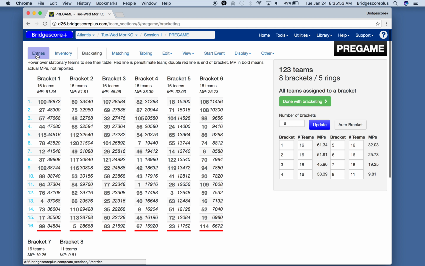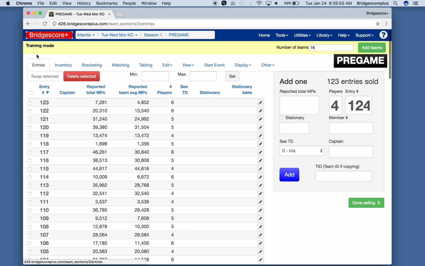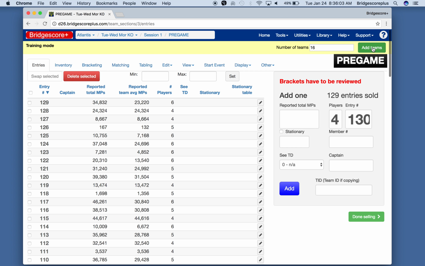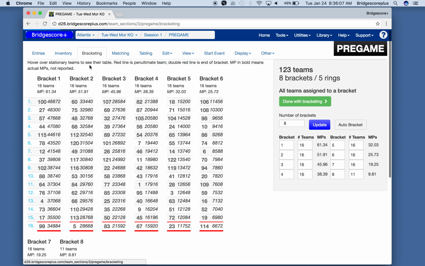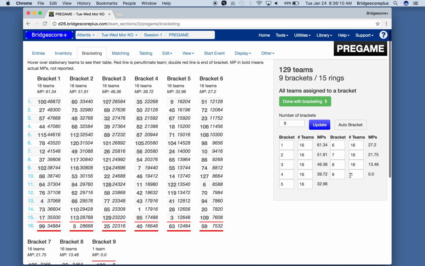So I'll go back to the entries page. I'm in a training mode, so I can quickly add 6 more teams. So I have 129 teams now, which is one more. Go back to this bracketing screen. And you'll see it's put one team in the last bracket. Obviously, that's not going to be acceptable, but it's up to you as the DIC to decide exactly how you want to configure it. In this column, you will see,